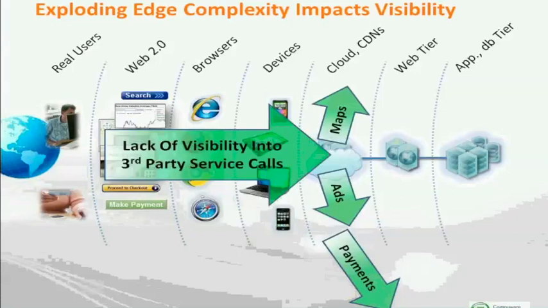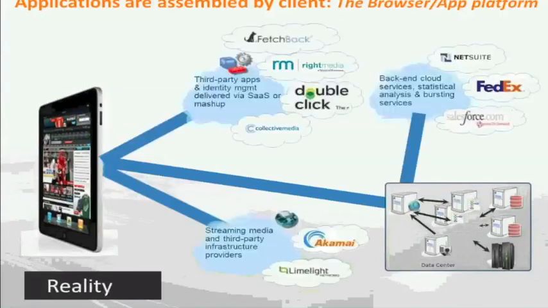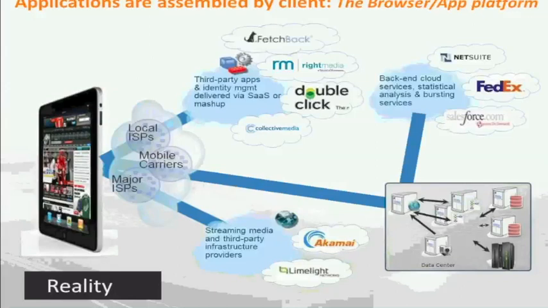So the browser is a critical aspect of today's web application, and that's where you've got to understand that the perception of having a device that is just connected to a data center no longer exists. The reality is that there are too many things along this delivery chain, your ads, your backend services, your streaming media, mobile devices, carriers, that today are forming the base of your end user experience. And these are the areas which you need to look at and try to optimize.